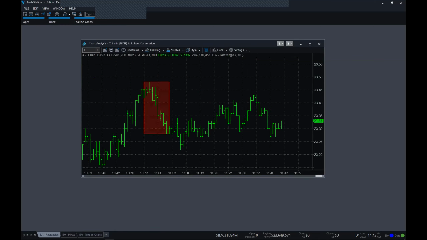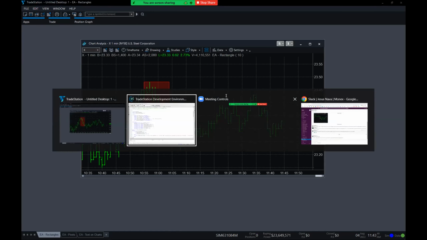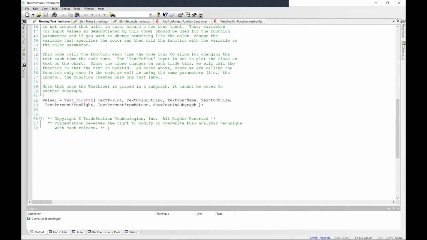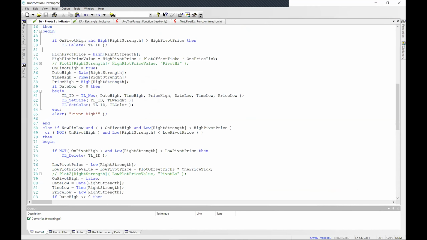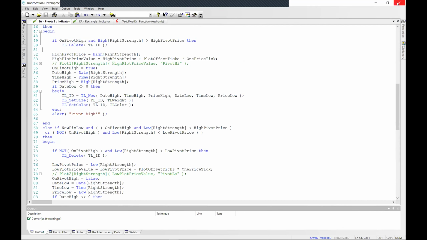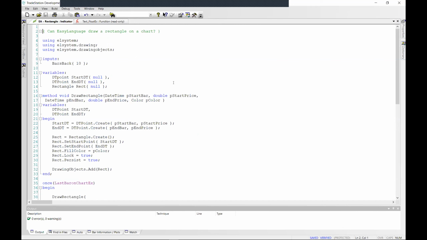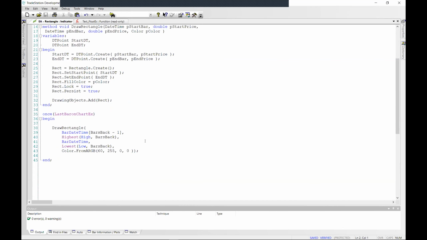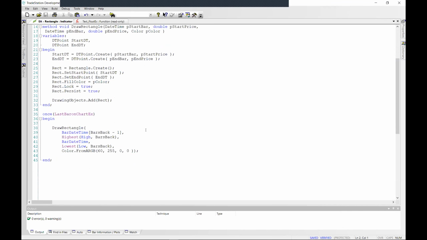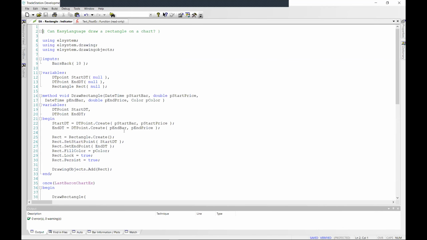All right, perfect. This one starts out with some code that the user got in the support forum, which is a good starting point. Let me close some of this stuff so that we can take a look at this rectangle code. This is the code, and it plots, so let's see what it does.